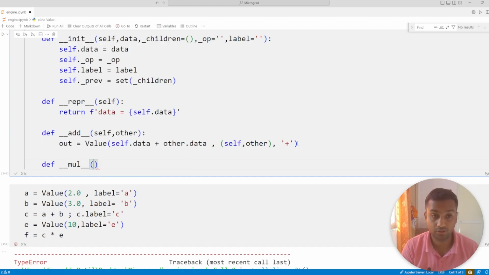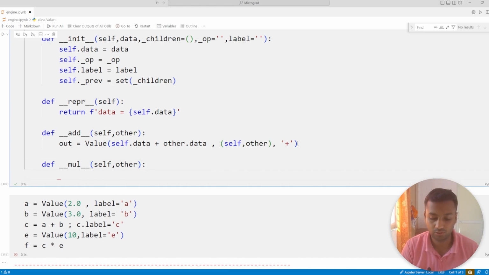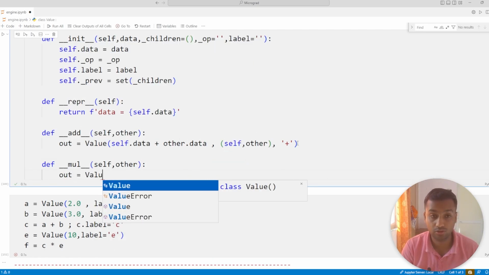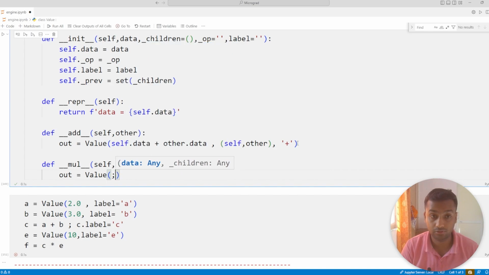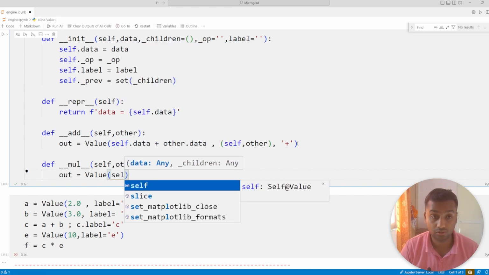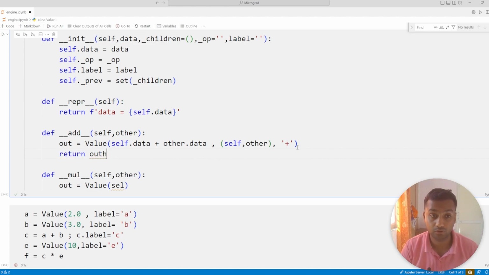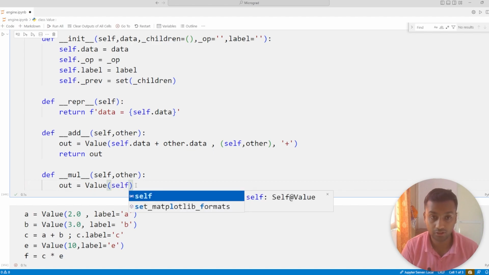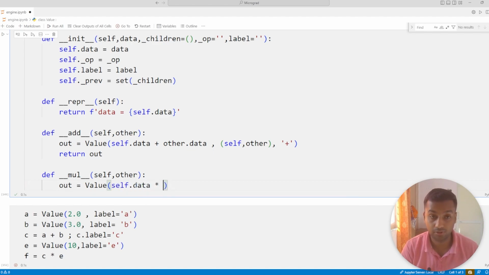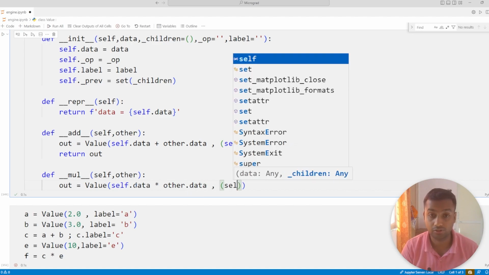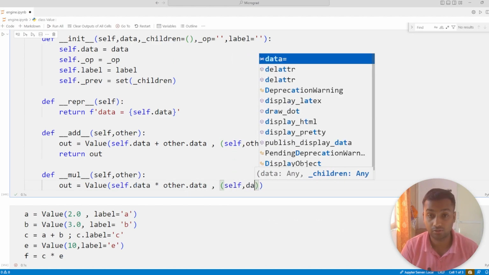Okay, self and other. Okay, and we will do the same versus value self. Here we also have to return the output out, and here self.data multiplied with other.data, and we will save the children, self and other,